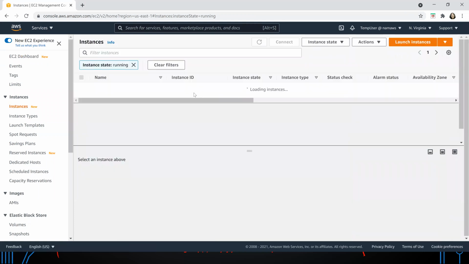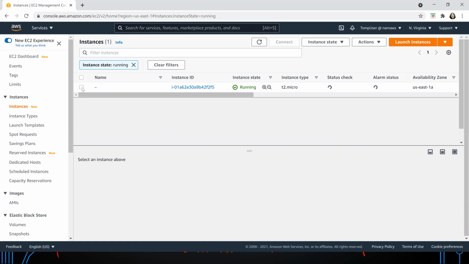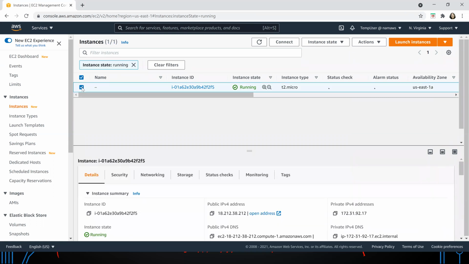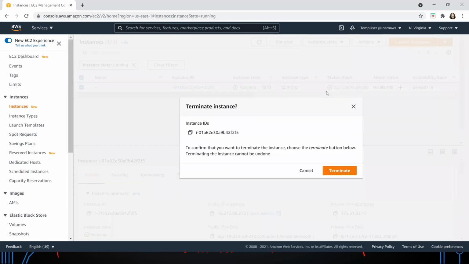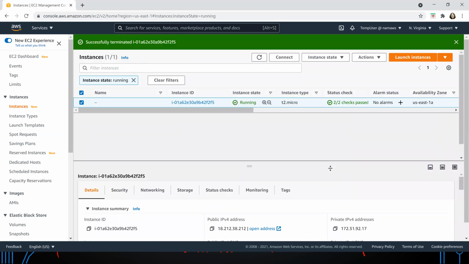Let's check if I have one. So if I have full access, I should be able to terminate this instance. So let's go to instance state, terminate instance, and terminate it. So yes, I do have full access because I was successfully able to terminate the instance.